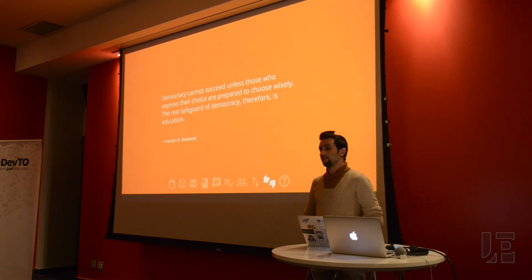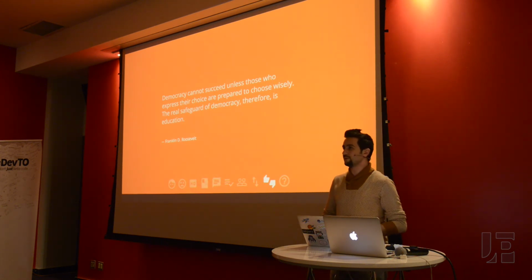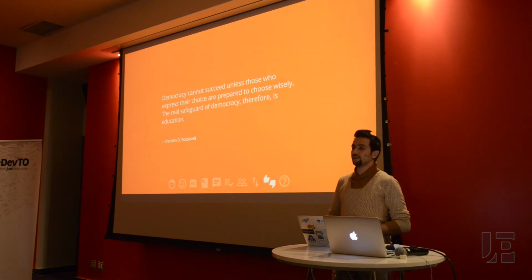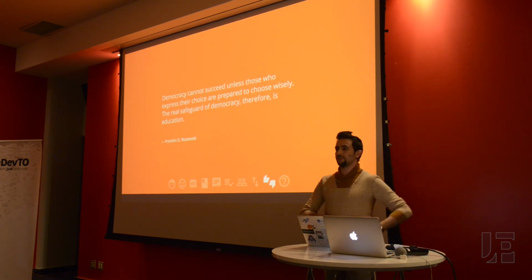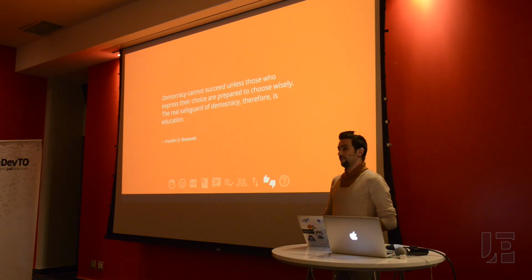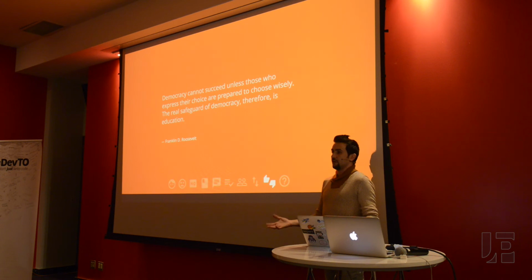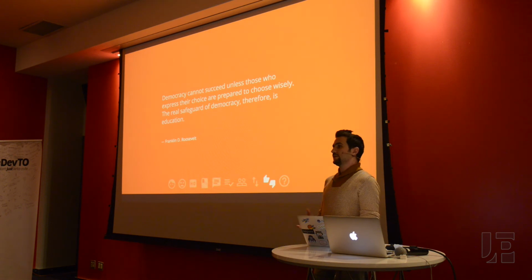So, people who just joined the team yesterday who may not have the full context of the product, or maybe a junior developer who doesn't really understand the complexity of the system, they're going to have a voice, and it may not be the wisest of voices, but if you muffle that voice from the start, then that person is just not going to learn. They're not going to try to learn. They're not going to get the feedback about why their idea was bad. So by having a democracy in place where everybody can vote on things and decide what they think is good or not, then you can exchange ideas and you can learn.